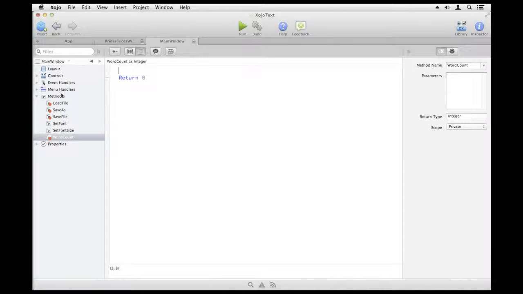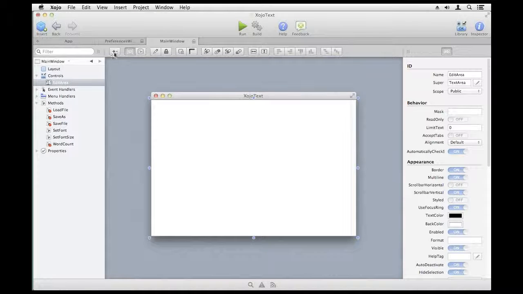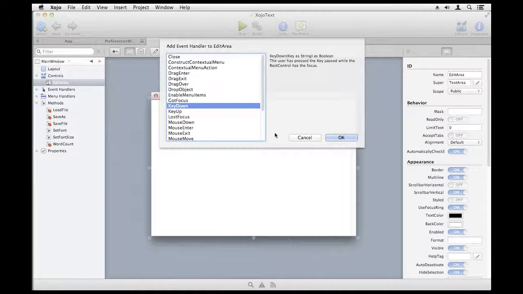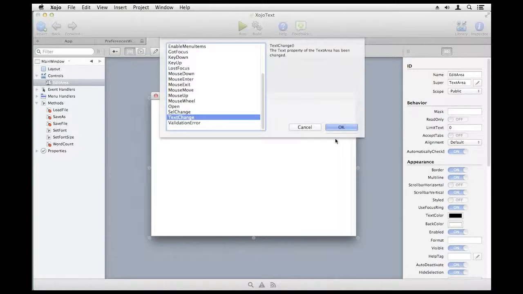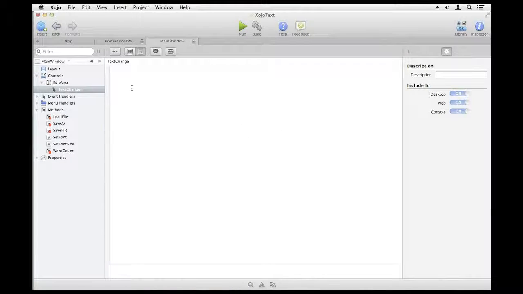Well, to start with, probably when you're typing. So let's open up some controls here. So if we look at the edit area, take a look at its event handlers. The text change event handler is called anytime any of the text that's being edited is changed in some manner. So here we can use this method to say, well, if the text changed, odds are number of words may have changed. So here we can